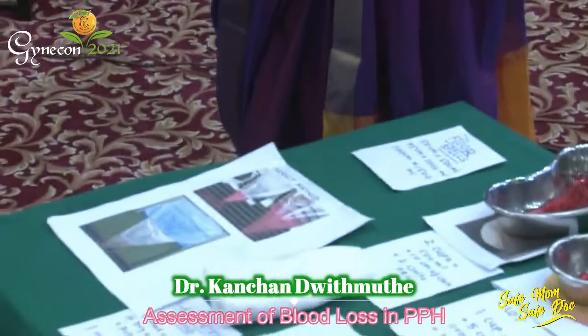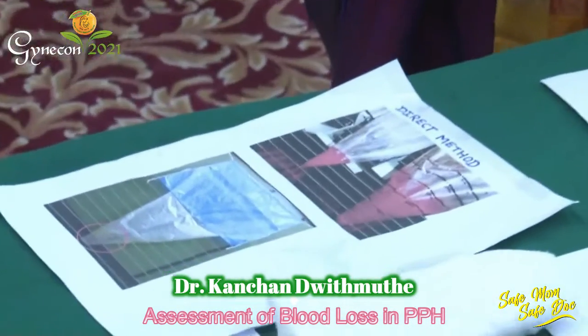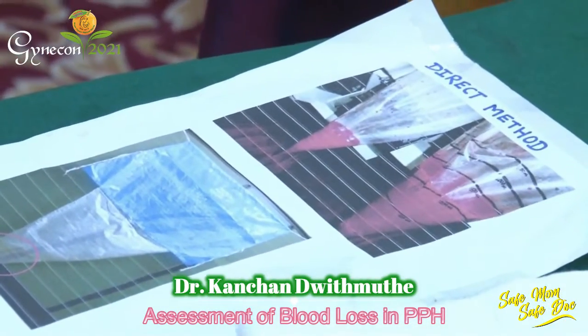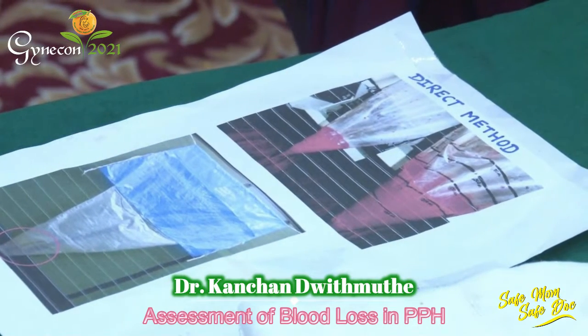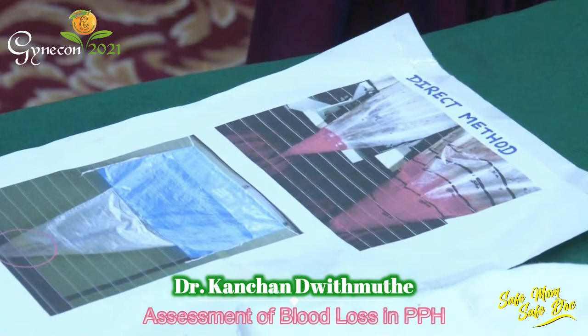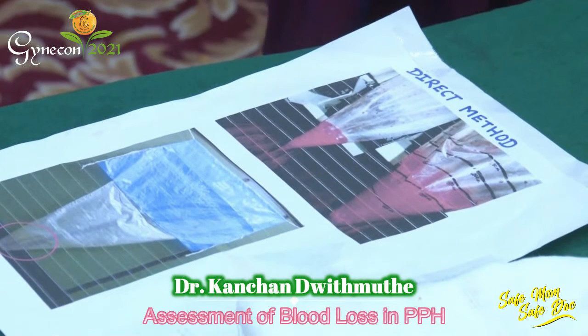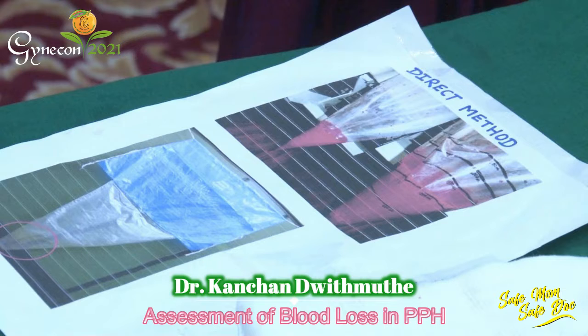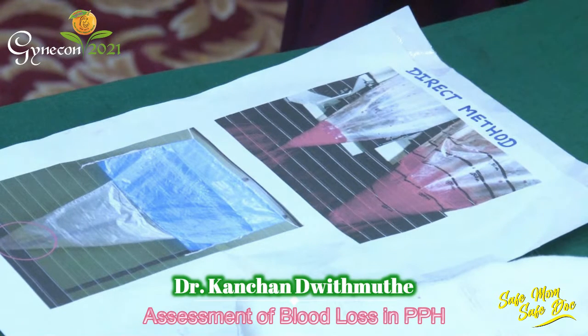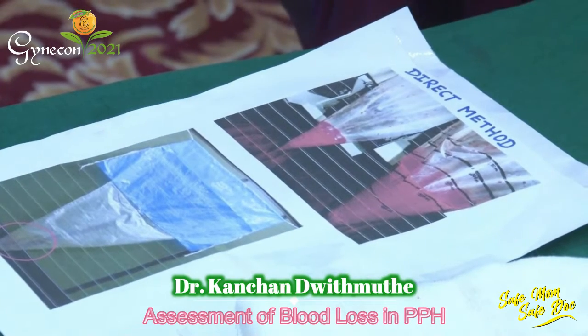You can use this mobile app. We can download it on your iPad or iPhone through the Google App Store. The name is Triton Sponge V3 app, or Triton Sponge, that can be downloaded from the app store. We just have to upload the images of mops and sponges, and by visual estimation or by artificial intelligence, it will give the blood loss in ml. That is the newer method for estimation of blood loss.